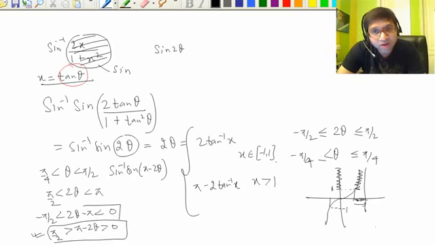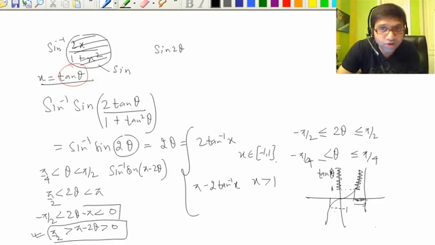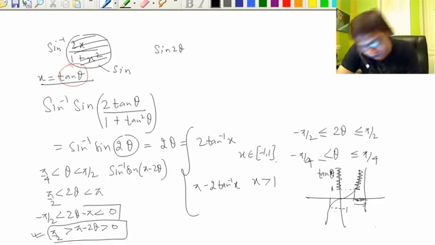Right? So this is one thing you have to learn, this part, and it's a totally repetitive thing that I repeat. I replace x equal to tan theta, it becomes sine 2 theta. I can cancel these two provided 2 theta is in the principal value branch, and for 2 theta to be in the principal value branch means between minus pi by 2 and pi by 2, tan theta from minus 1 to 1, and tan theta is x. We are mapping the values of theta to values of x. So theta between minus pi by 4 and pi by 4 means x lies between minus 1 and 1. This definition is correct for these values.